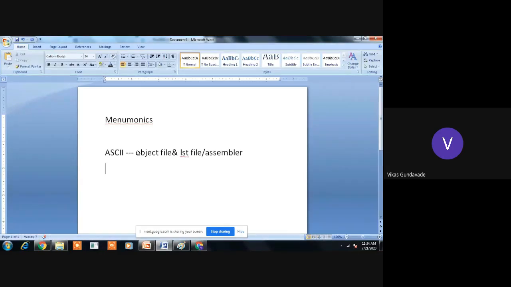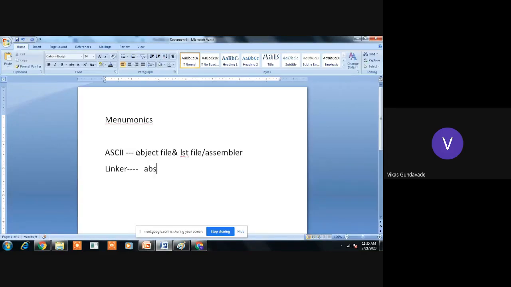Then there may be a number of object files, and all these object files are combined together by the linker. The linker converts the total object files into a single file called the absolute file.